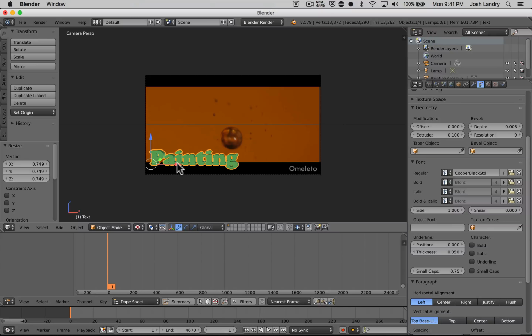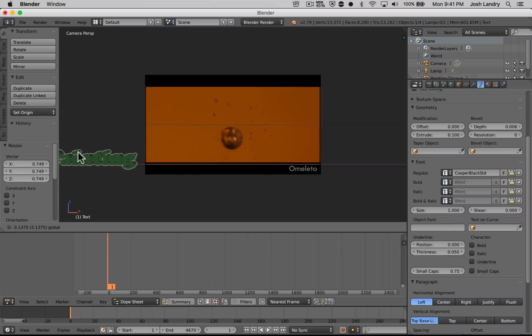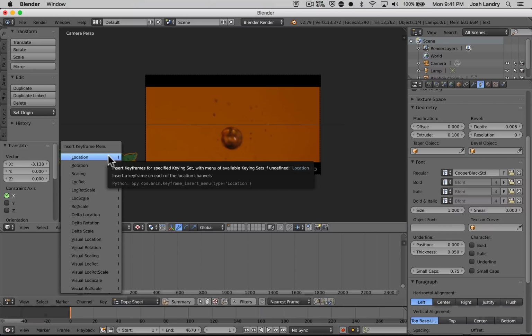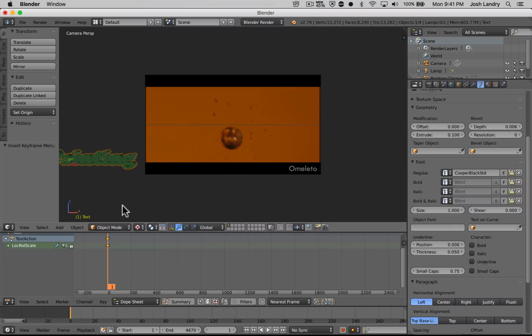For instance, we're on frame 1, and let's say I wanted this to simply fly in. So I can have it over there. I'll press I to insert a keyframe, and I'll choose Loc Rot Scale right there. And then maybe I'll have it,